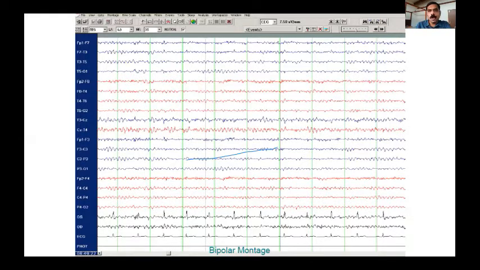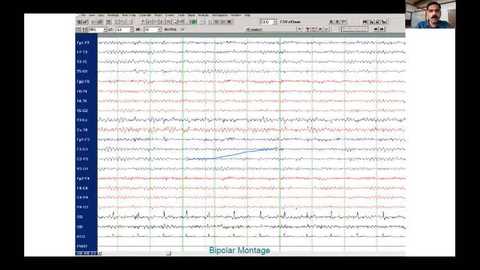The gist is whatever voltage you decide to read at, you will see the waveforms at that particular voltage. The lower the voltage, the larger the amplitude of the waves, and the higher the voltage, the amplitude of waves is very small. Usually we read at a voltage that allows you to see the waveforms at the best, and by convention we usually look at 7.5 microvolts. This is a record which is read at 7.5 microvolts. Same record if you see at 2 microvolts, you can see the waveforms have become too large in size now. Same thing if you look at 30 microvolts, you can see that they are very small. So depending upon the settings, the waveform size can be altered.